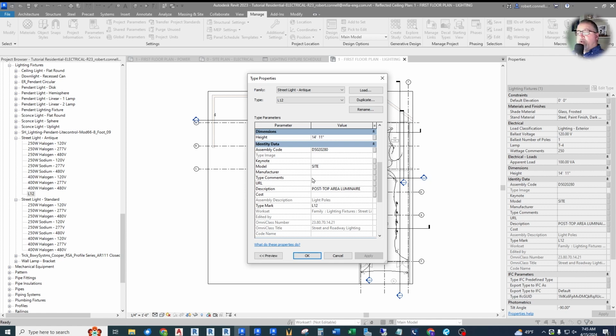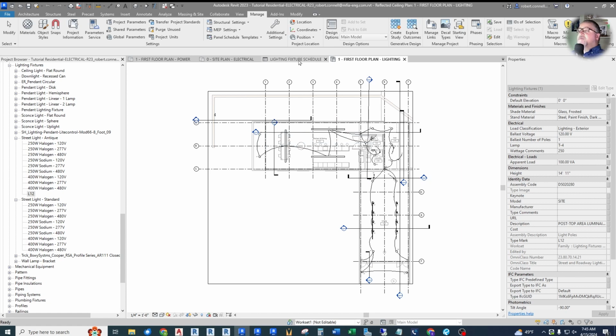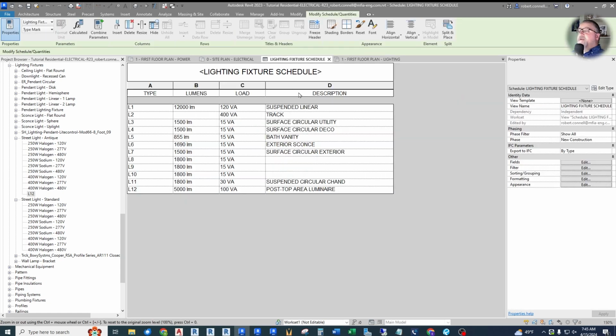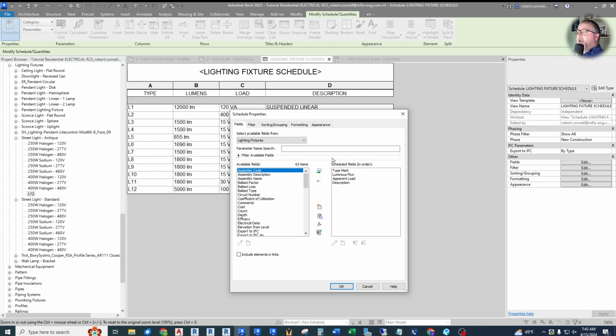I have a whole video on doing this, which I'll point to up above in that link up there. But I'm going to show you the basics of how, from a beginner's perspective, we can just use some of these parameters to do other things. So for example, let me go back to my schedule. If you recall, the way we deal with this schedule and add more columns, these are called fields. So we go over here to fields and hit edit. And here we already have the fields that we're using, the type mark, lumens, load, and description, as you see up here. Let's bring in the manufacturer